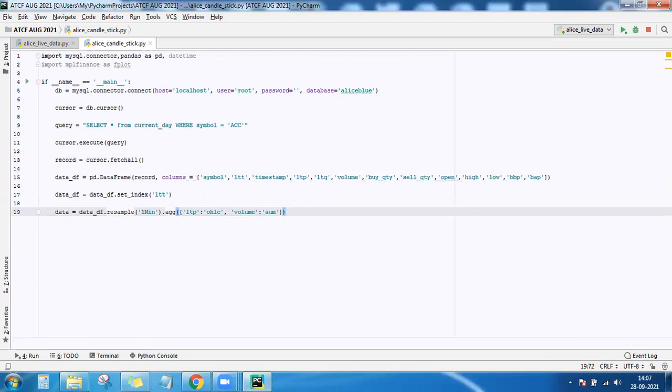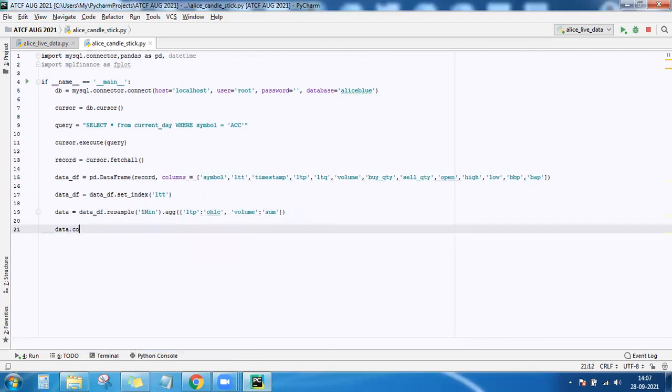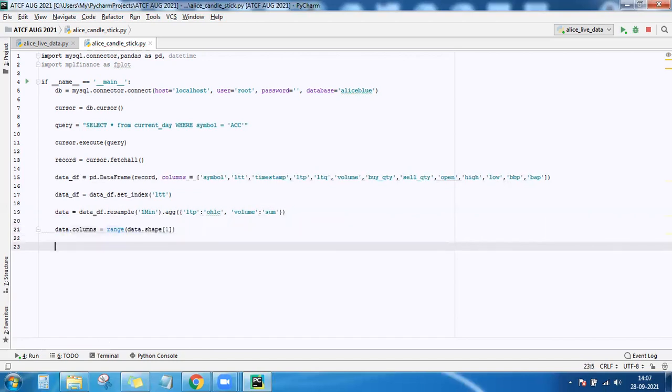Now, after you do like this, some duplicate headers are created. Two headers are created. So in order to remove that, first delete the existing header. So delete the existing headers and once again assign it.